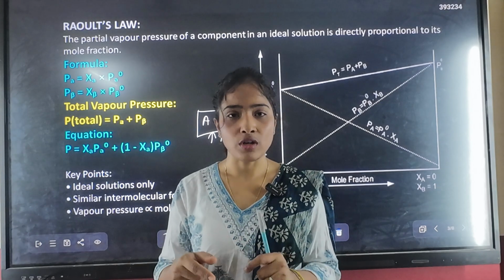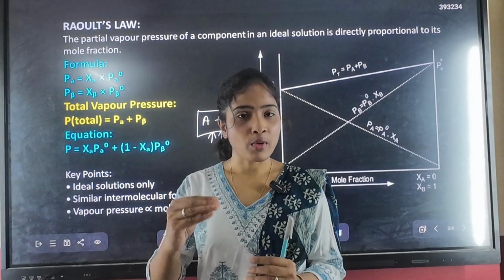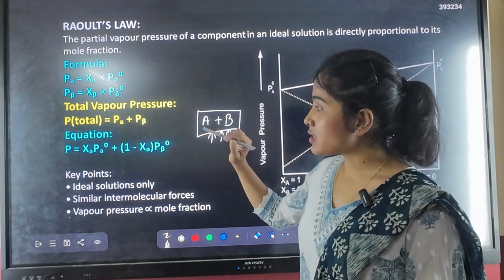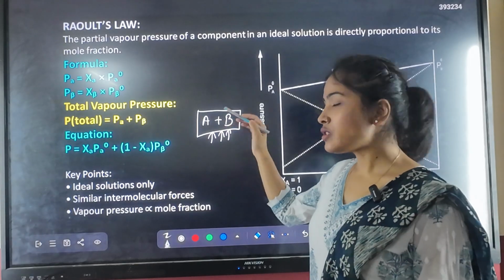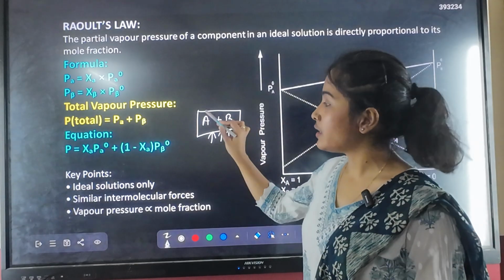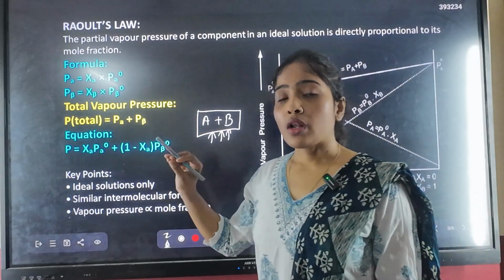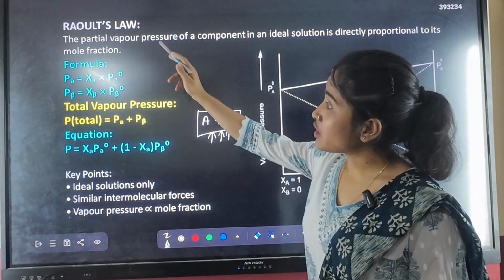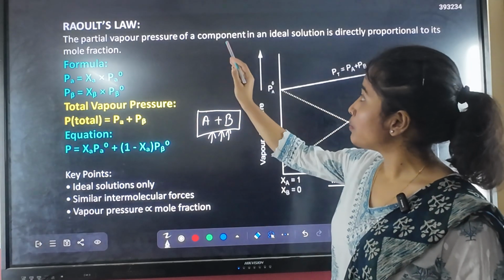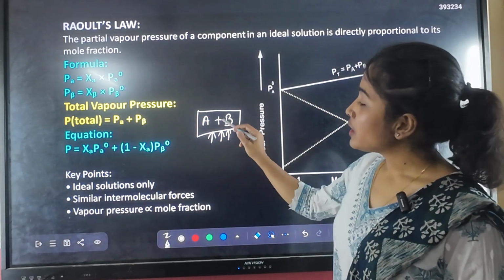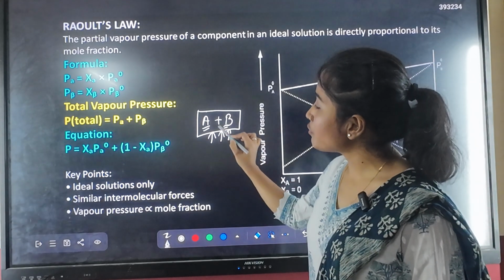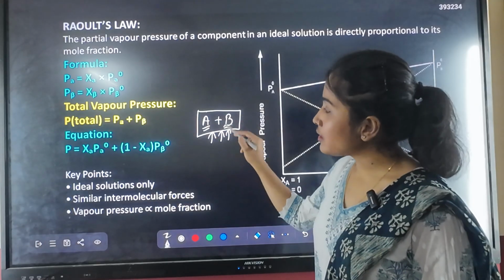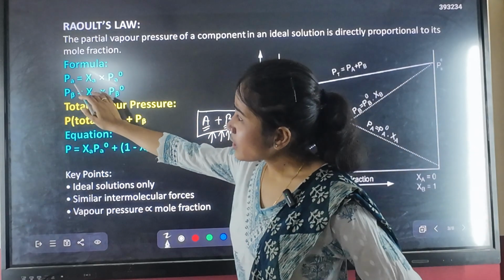Component A and component B in the solution will reach their boiling point, and after reaching the boiling point, what will happen? They will try to escape from the container, but since it is closed, vapor pressure will be exerted in this particular system. So how is vapor pressure playing the role? The partial vapor pressure exerted by any one component in this solution is directly proportional to the concentration of A and B present in the solution, which can also be written as